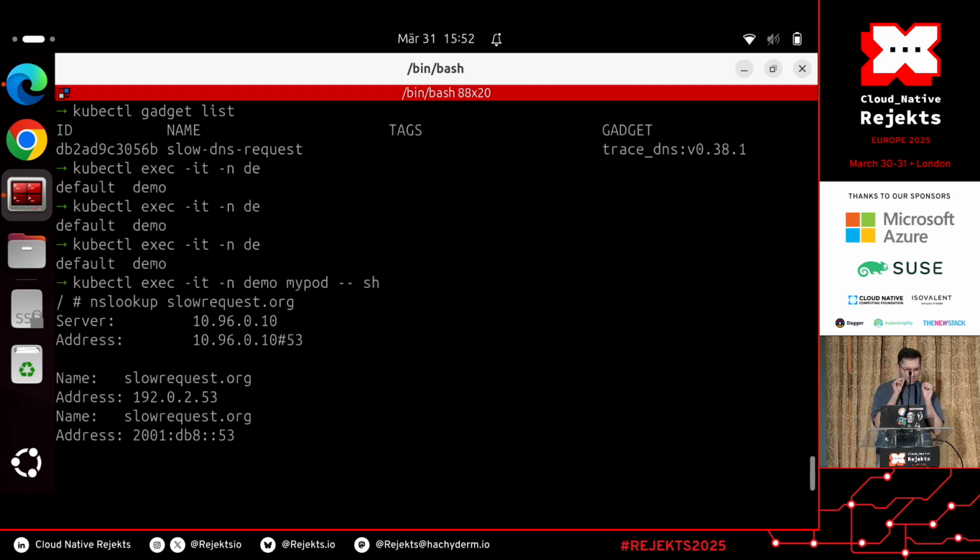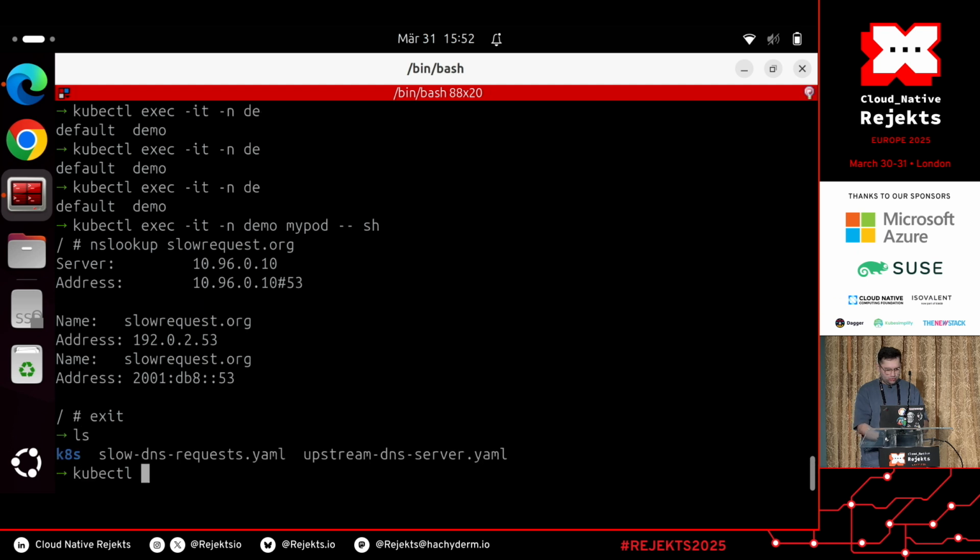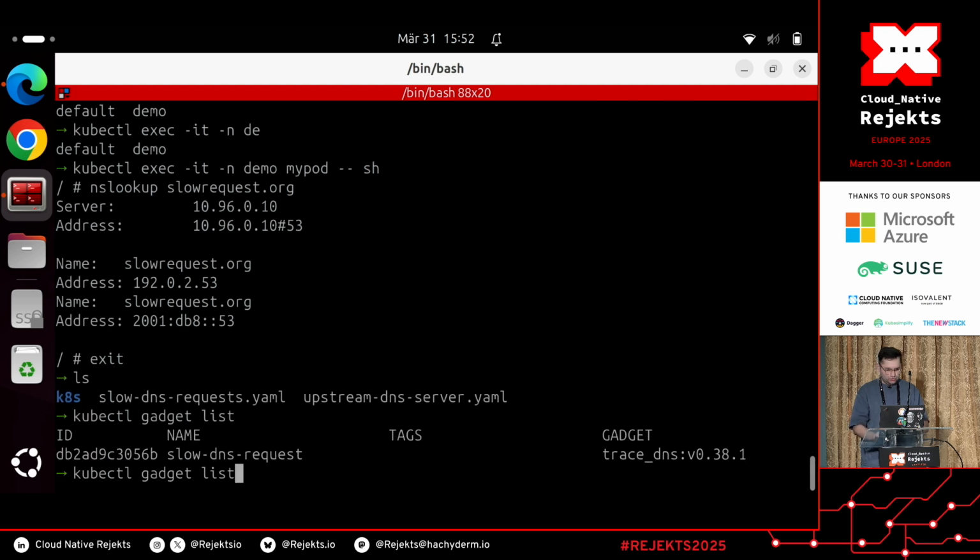So you can see the nslookup is taking a bit of time. That means that the erratic plugin was doing the trick and it's slowing things down. So now let's exit it and then let's try to attach to our gadget run to see if it actually